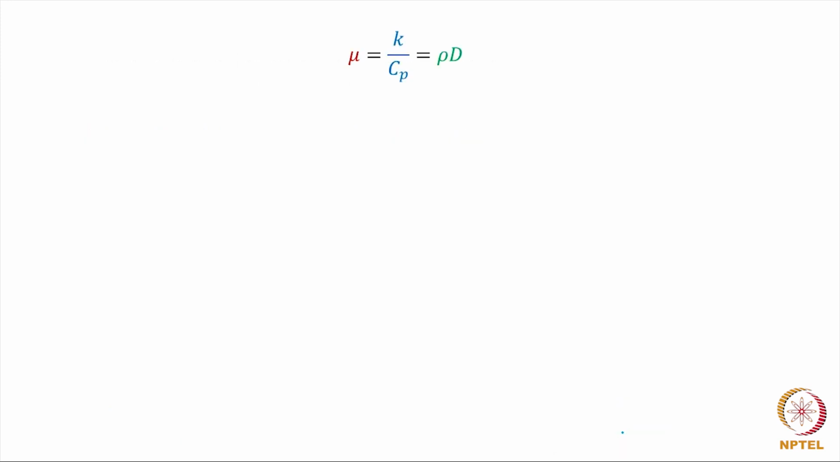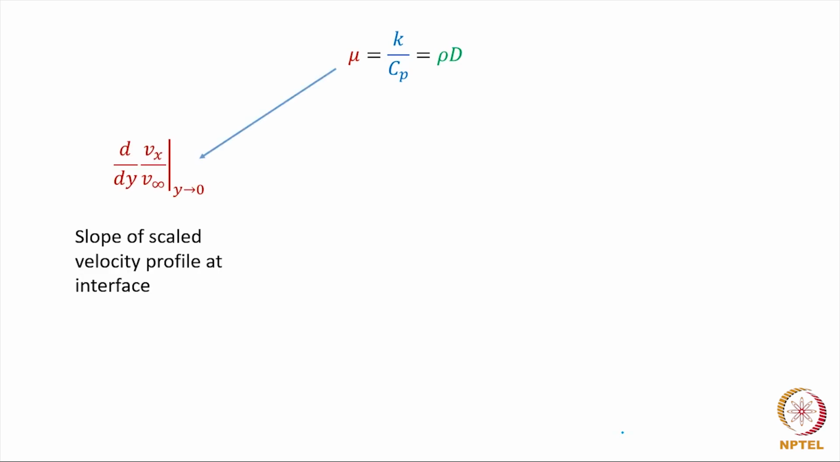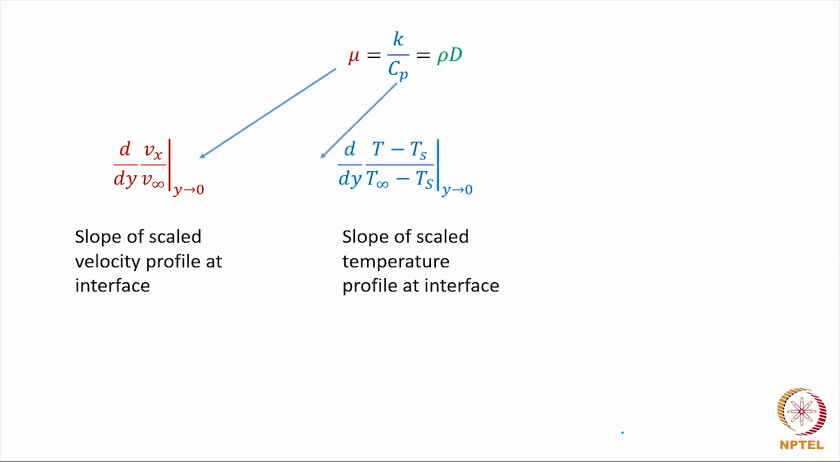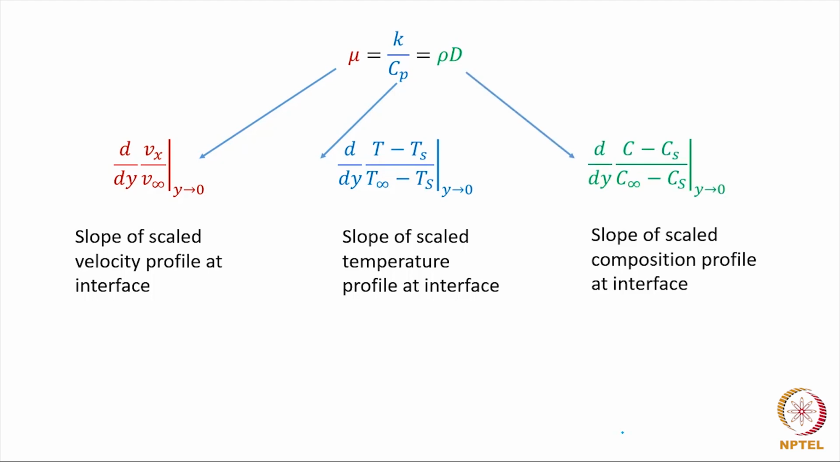When we say that mu is equal to K by Cp is equal to rho d, what we do is that we take mu and use it as a multiplicative factor for the slope of the scaled velocity profile at the interface, and we take the K by Cp as a multiplicative factor for the slope of the scaled temperature profile at the interface, and we take rho d as a multiplicative factor for the slope of the scaled composition profile at the interface, which means that we basically simply take it here, okay, and that we do with a reason,